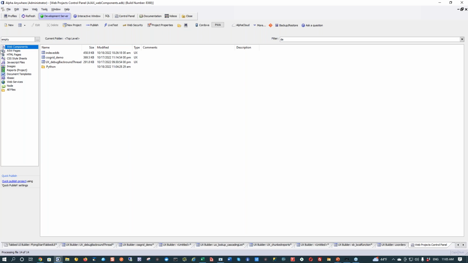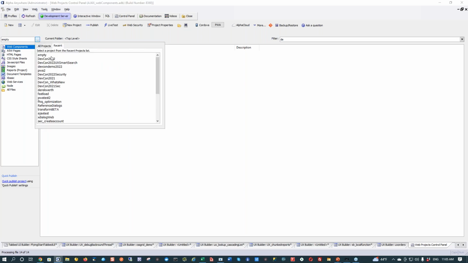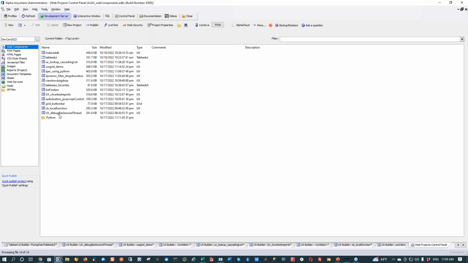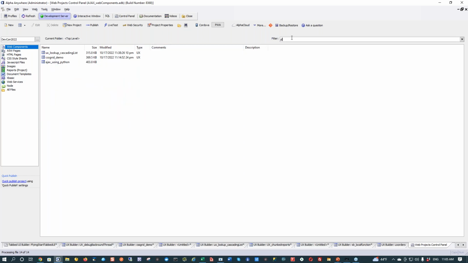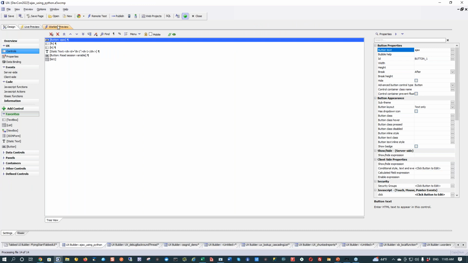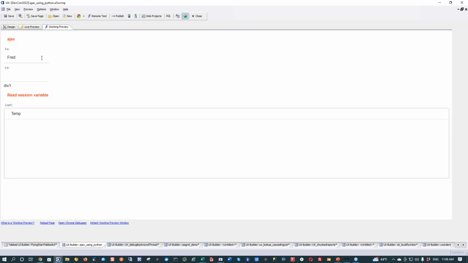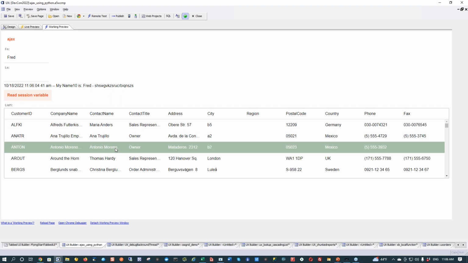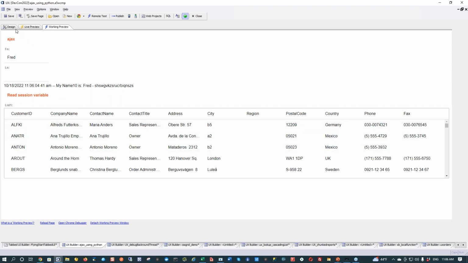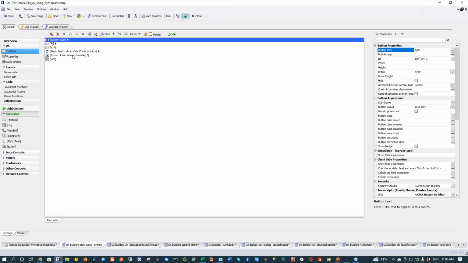So let's go back now to our DevCon 22 and then go to Python. And so go over there into working preview. And I'm going to basically press Ajax, which is going to run some Python code, and then press this button, which is also going to run some Python code. So let's go take a look at what happened there. So if I go look at this button,